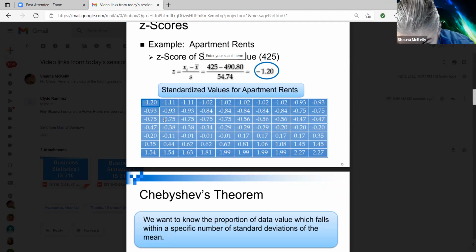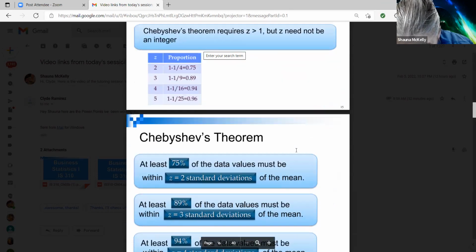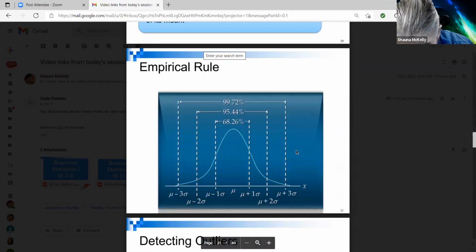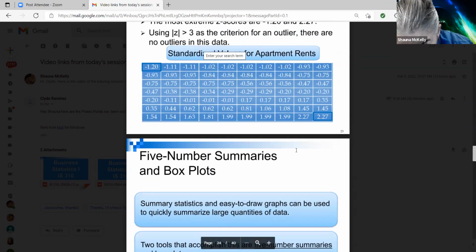Well, we see that we have a lot that are close to 2, don't we? Yes, we do. We have a couple down here that are 2.27, and she's saying that it's 3. So I would say that by your rule, you probably don't have any, but let's see what she says down here. Now she says,